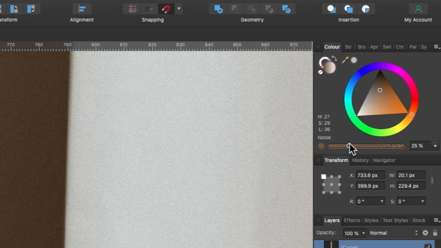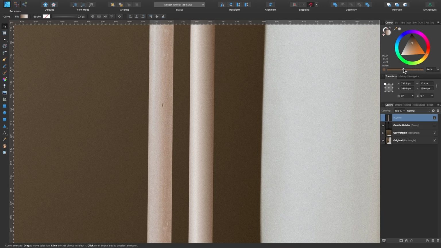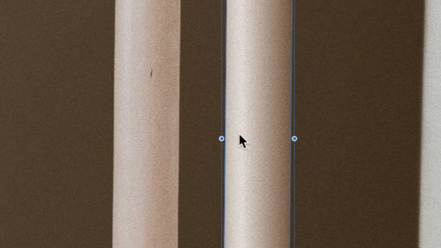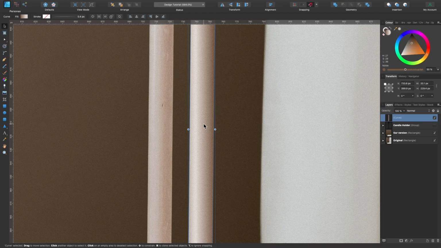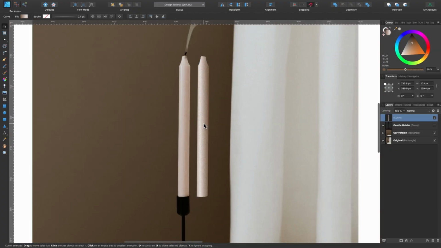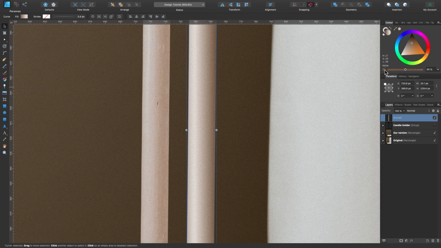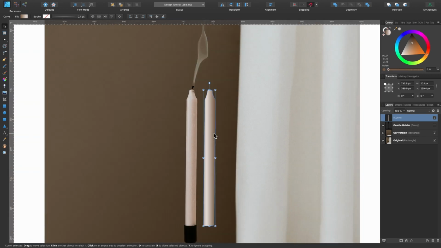If I click and drag that up, you can see we can add noise and it's almost looking the same now. See the noise from the photo and the noise from this tool that Affinity's provided? It's giving you the noise to use. So if we zoomed out, it kind of looks the same, but we're not going to use that yet. You can apply all of these if you want afterwards, but let me just drag the noise back down. Okay, let's name the candle in the layers panel